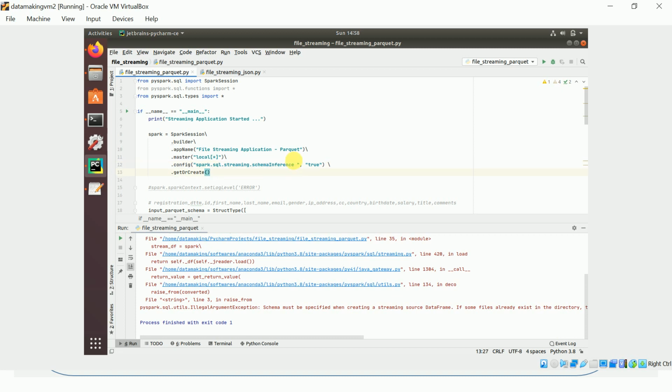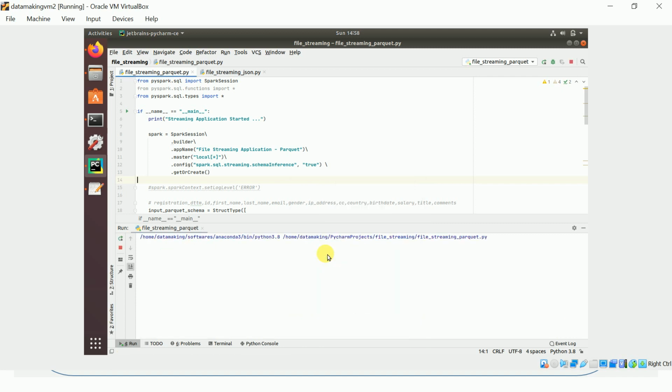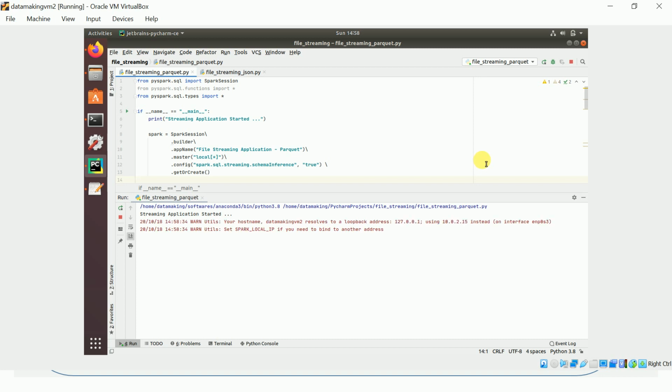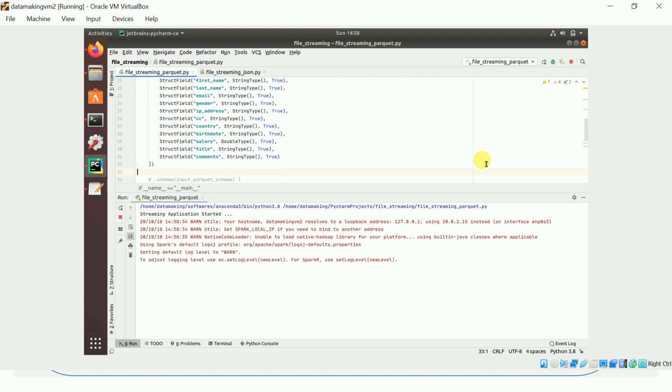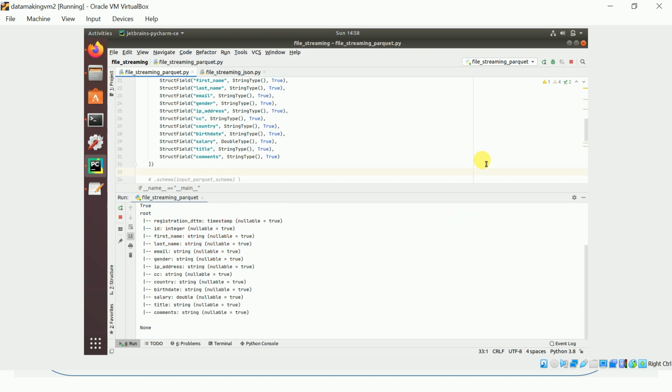Okay, I'm running now with that property. Let's check. Okay, so now it is running without error, I guess.